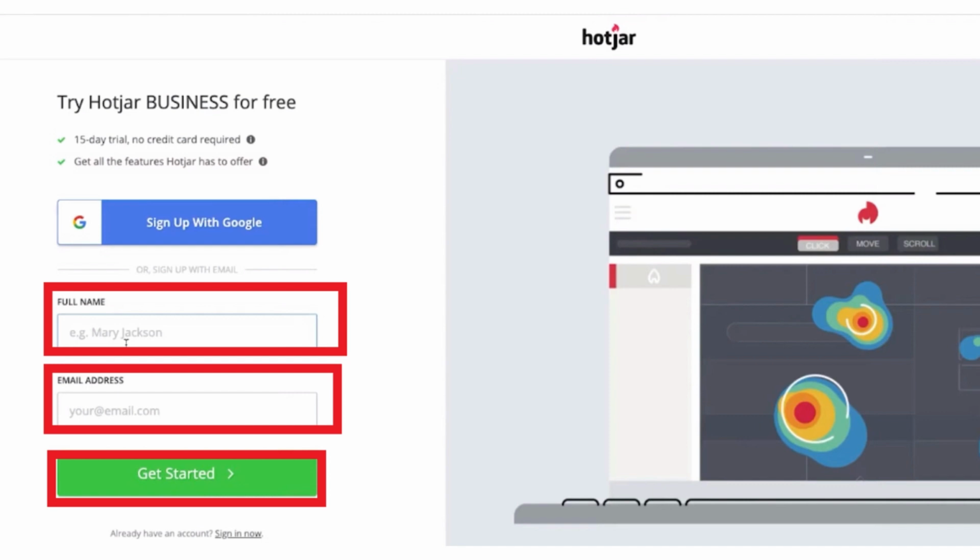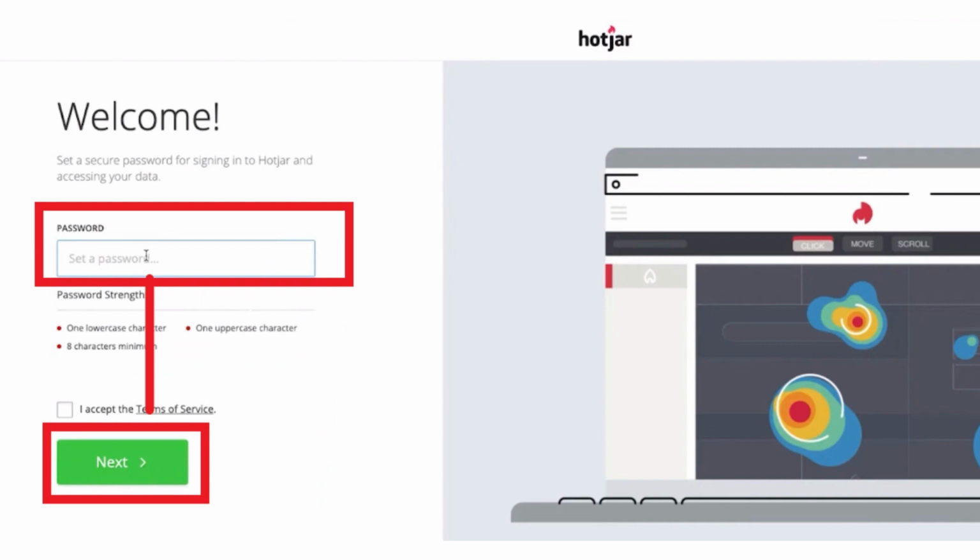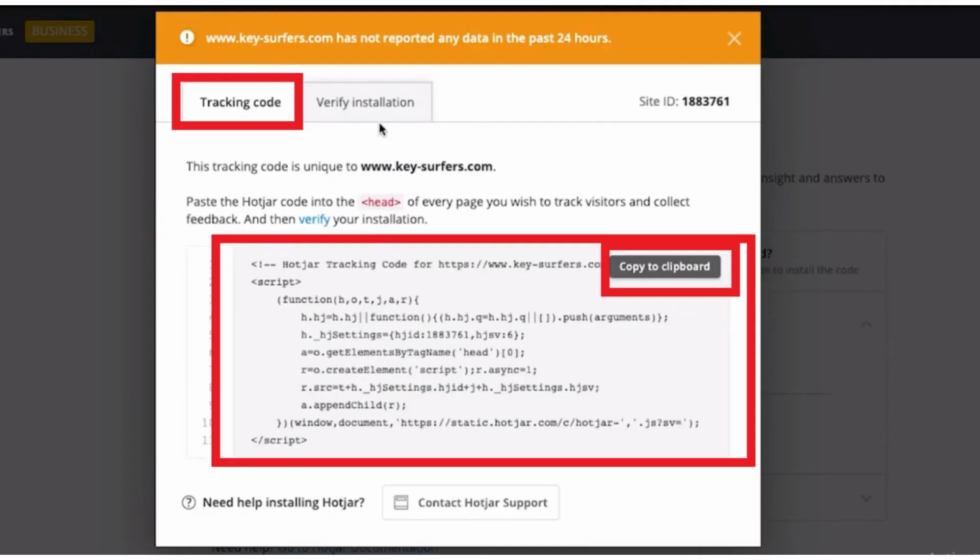First of all, open Hotjar, type your full name and your email address, and click on get started. Now you have to make a strong password, and then after making a strong password, click on the next button. Now you have to copy the code from the tracking code,